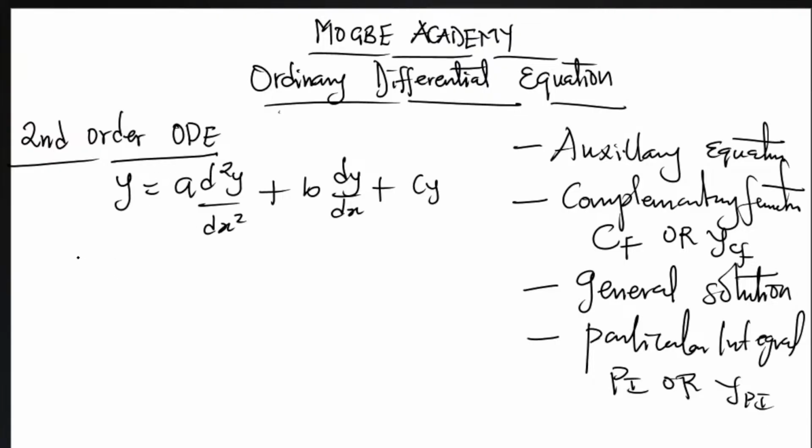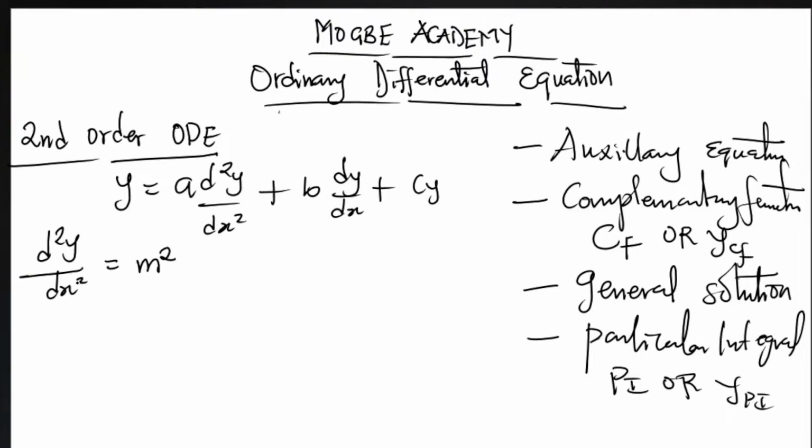Now, from our given equation, if we are asked to get the auxiliary equation from what we have here, auxiliary equation simply means use what you have here to represent another form of this equation. So if we want to represent another form of this equation, we can assume that your second differential, which is d square y over dx square, will be equal to